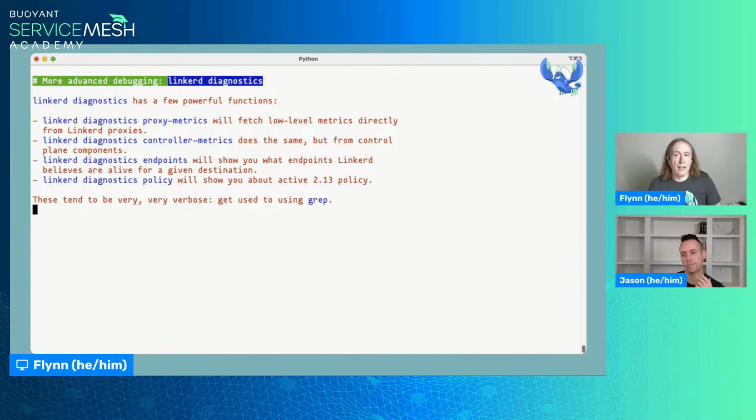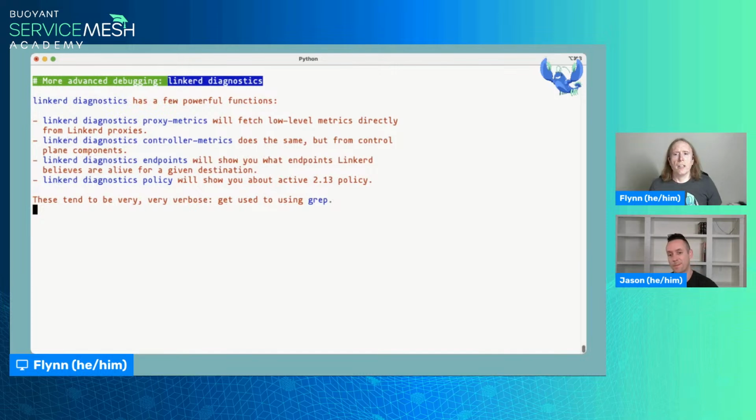Worth noting, you can get proxy metrics for the control plane controllers. I'm not sure why you would necessarily want to, but you can do it. linkerd diagnostics endpoints will show you exactly what endpoints Linkerd believes are alive for a given destination, which can be particularly important if you notice things like, hey, two of my pods are getting all of my traffic. What's going on here?